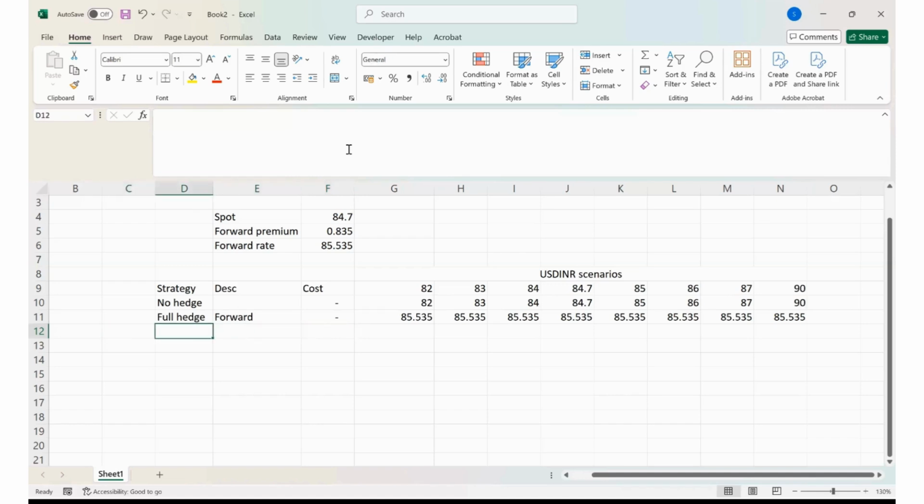So the first point I want to make is that option hedging primarily comes into the picture when you want to optimize this cost, the 83 paisa you are paying compared to current spot, and when you have a potential